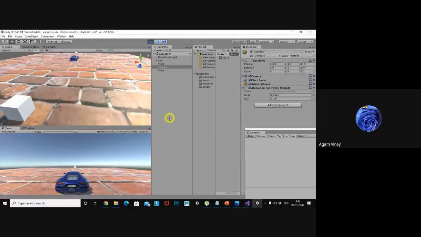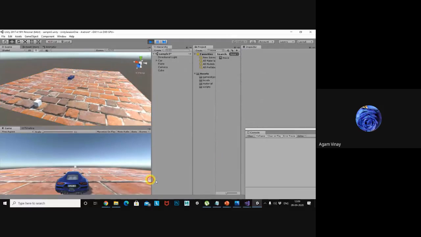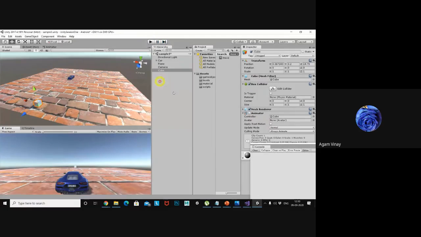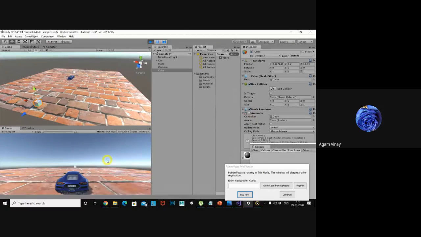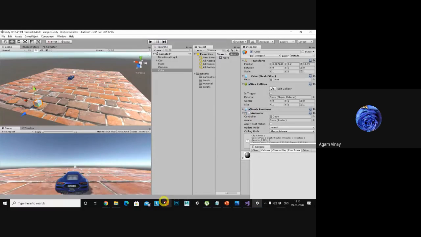Now I am playing and checking. Okay. So these are the default errors. Just ignore them. I am clicking. You need to click in the game window, because the game window takes the input for the project. So I'm clicking here. Whenever I click, the animator component is getting enabled by the script and the cube is also enabled by the script. Just check here, you will understand. Whenever I click, this component gets enabled. So this is the way of accessing the animator.